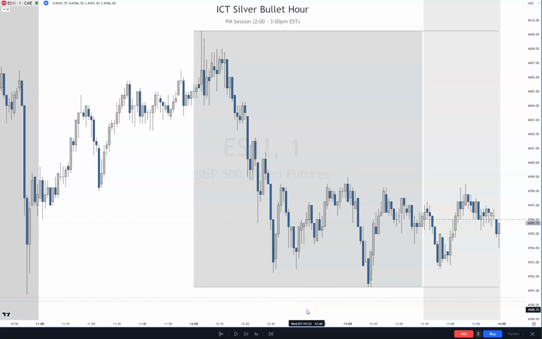Today I want to go over the PM session Silver Bullet on July 19th. Now, in a recording previously, ICT said that he looks for the 12 o'clock to 1:30 high or low of that session range to be taken out in the PM session. And if a high is taken out, he'll look for a reversal to take out the other side. Likewise, if the low has been taken out, he'll look for a reversal pattern to go target the other opposing